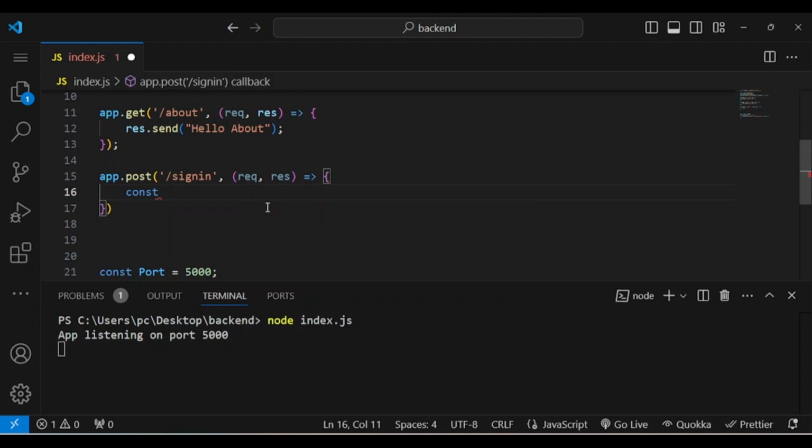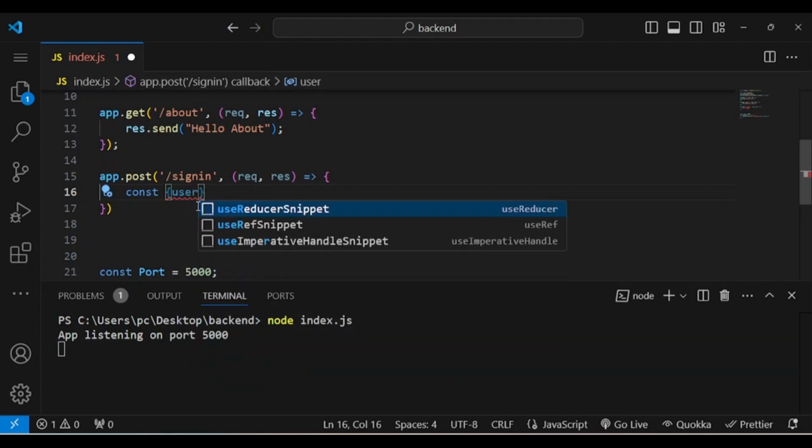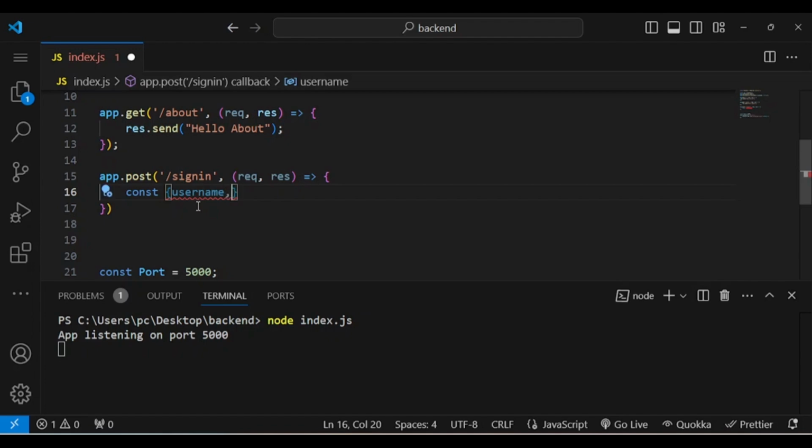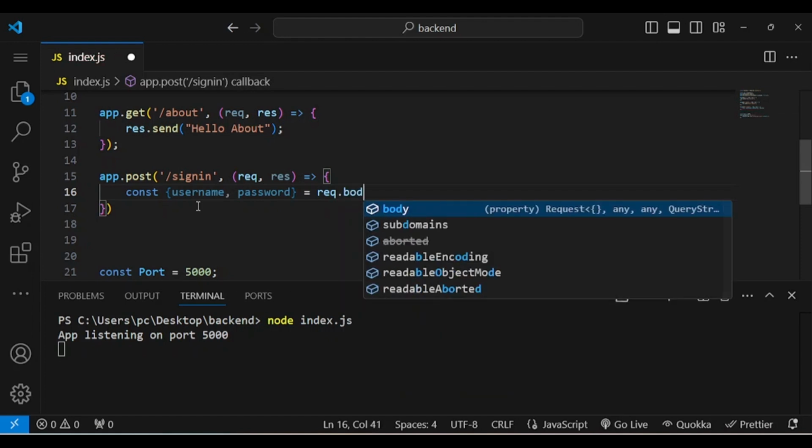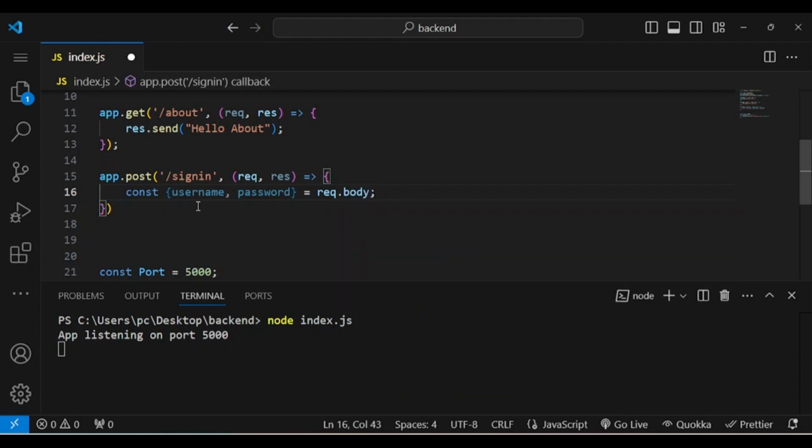So we can just say const, and declare what we are expected to be getting from the client side. What are the information the clients are supposed to send? Since I just named the route to be signing, we're expected to be seeing something like username. So username is supposed to be passed to us, and also password. So the client is supposed to enter username and password from the request.body. So that means from the user's endpoint. And then we can just